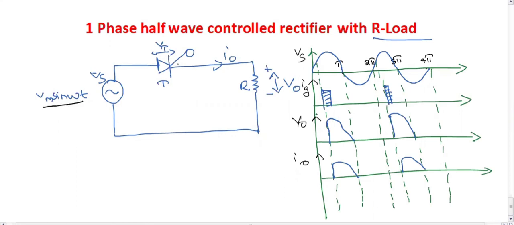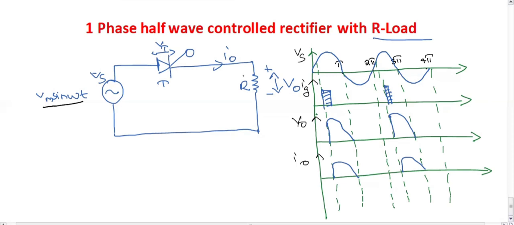And you know how a thyristor will work. It's not like a diode. So the SCR conducts only when the anode voltage is positive as well as when a gate pulse is applied. You know that we have done the same in our hardware experiment also. I have shown you how it works.